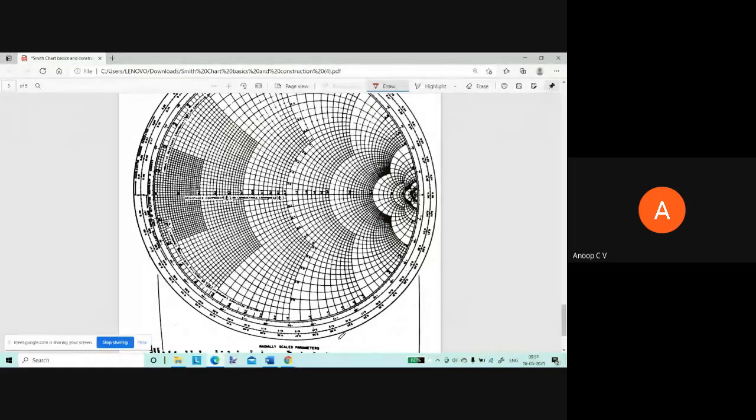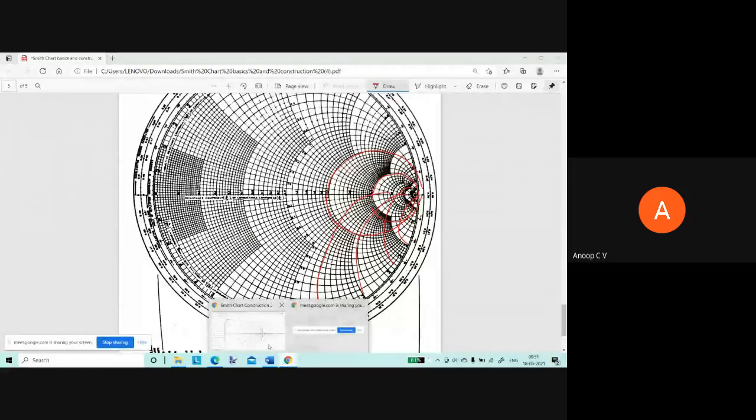The outermost circle will be r equal to 0, right? Then as r increases, can you see different constant r circles here? And can you see parts of constant x circles also? Right. So constant r circles will be like this, and constant x circles will be these parts. All of you are able to see this now? All of you are able to appreciate this? Can you see two sets of circles, constant r and constant x circles?